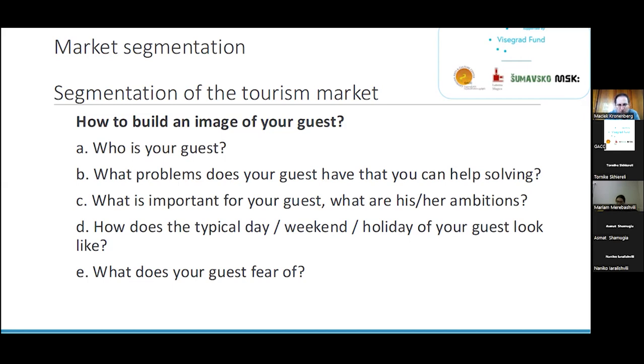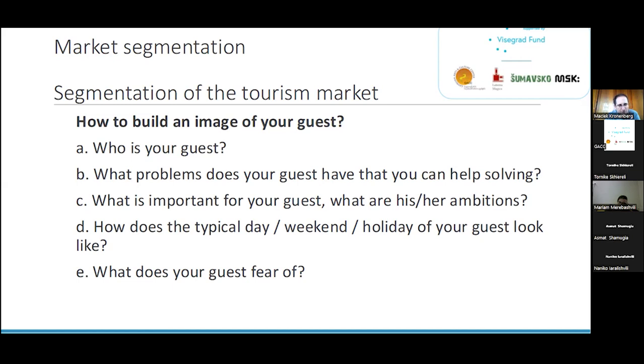The same would go with this: what's important for your guest, what are his ambitions, how does a typical day look like during their holiday, and quite important, not less important than the previous, what does your guest fear? And we can think about what your guest may fear, that your product will help